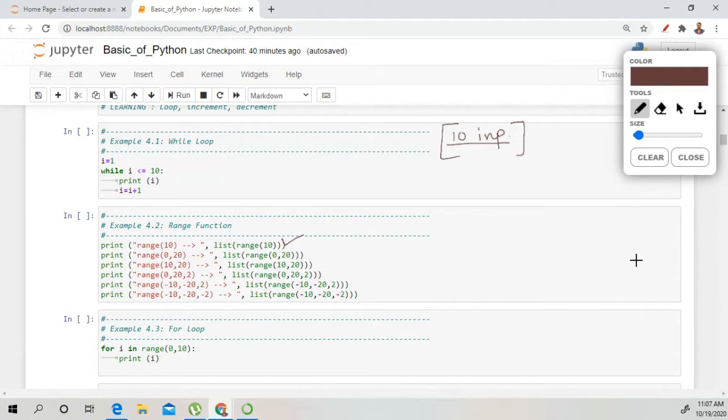So let's take a look. In the first statement, we are using print list range of 10. So this list is a function.